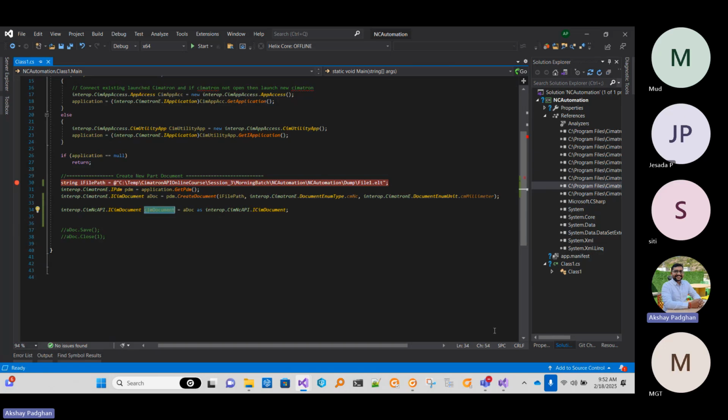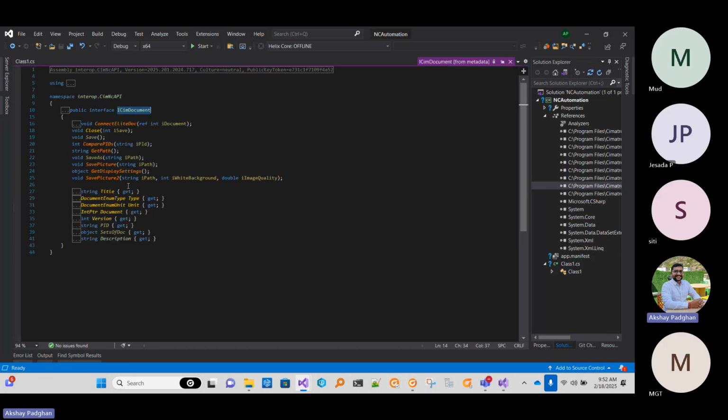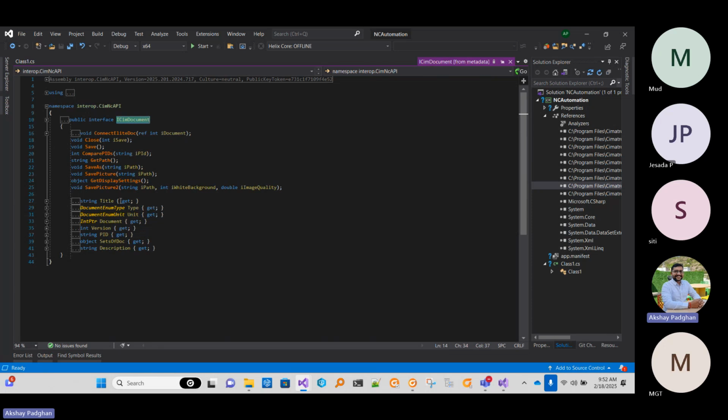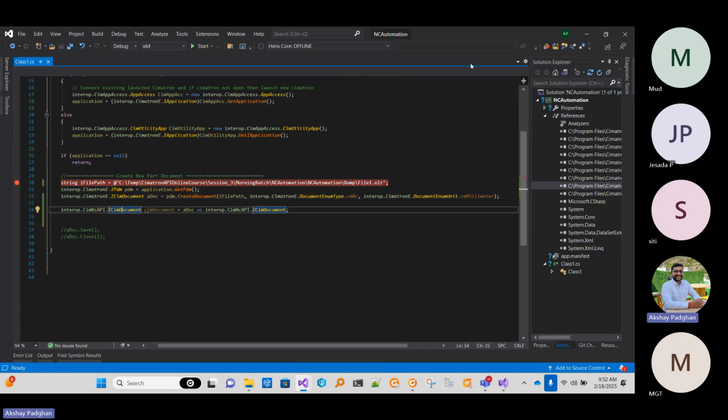Okay, so we can check which functions are here. There are some common functions: PID, version, document, unit, type, title. Okay, you can see there is nothing much similar to the NC here, because